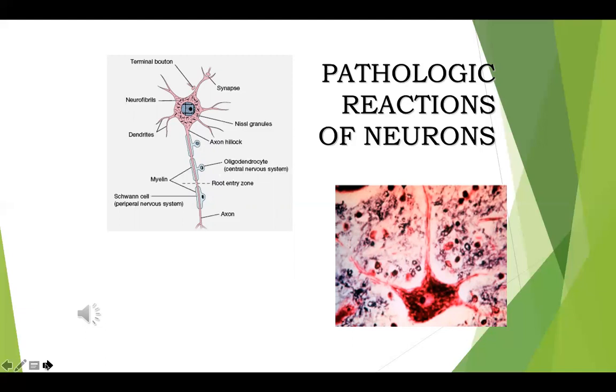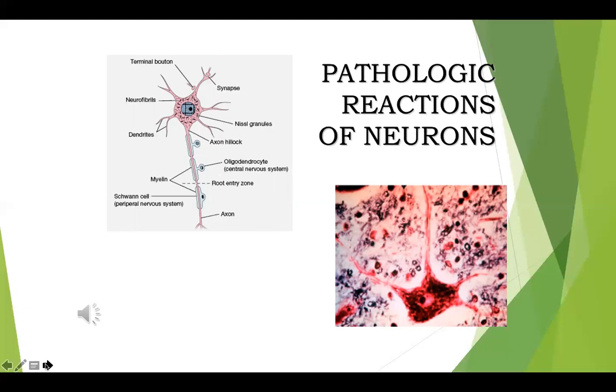And then you have one long process, the axon, covered by some myelin. The myelin sheaths are produced by the oligodendrocytes in the central nervous system, while the